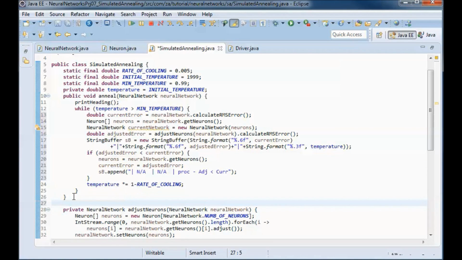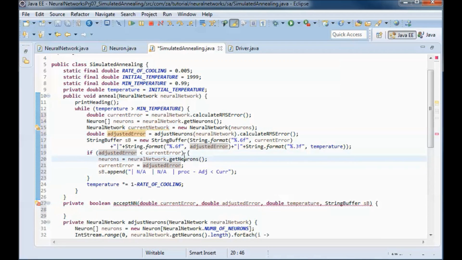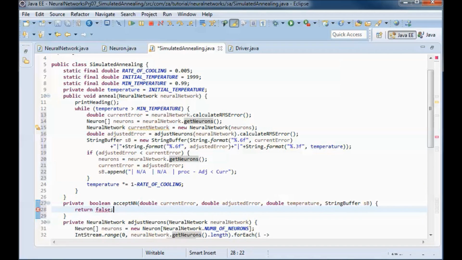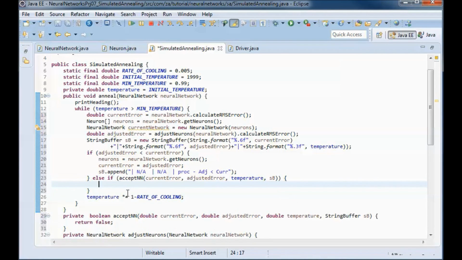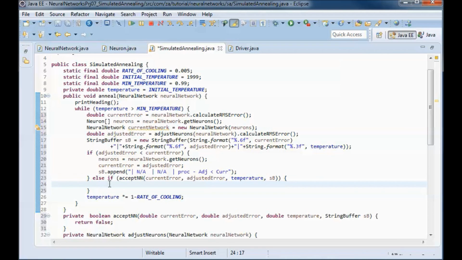And let me define this method that is used in case the adjusted error is bigger or equal to the current error, so in the else case here. Let's for now return false. So I will do an else statement here. So if this method returned true, then we will proceed.